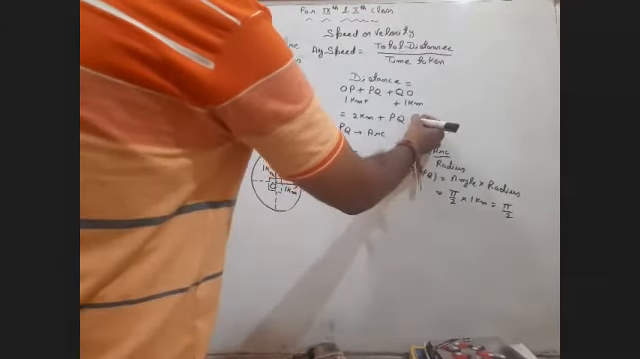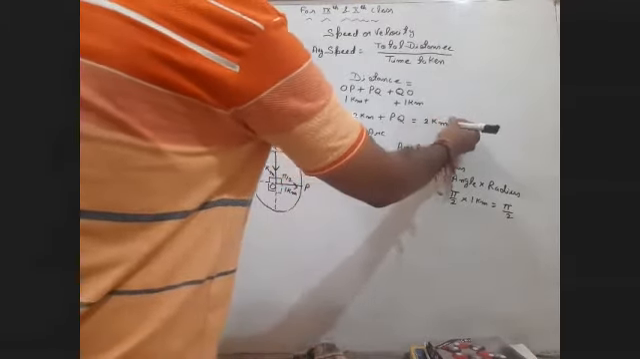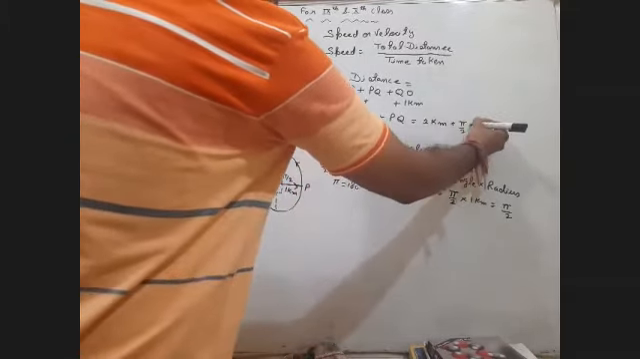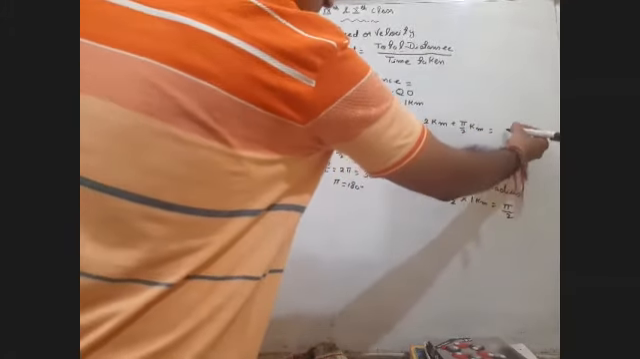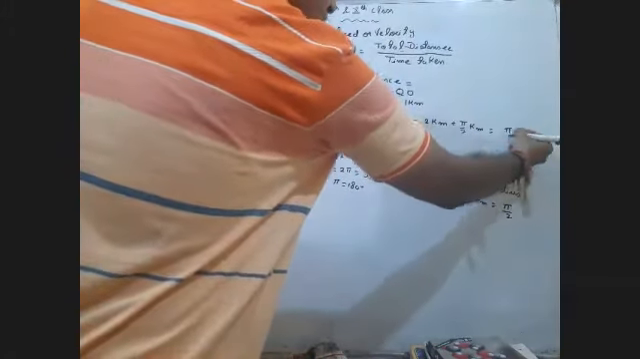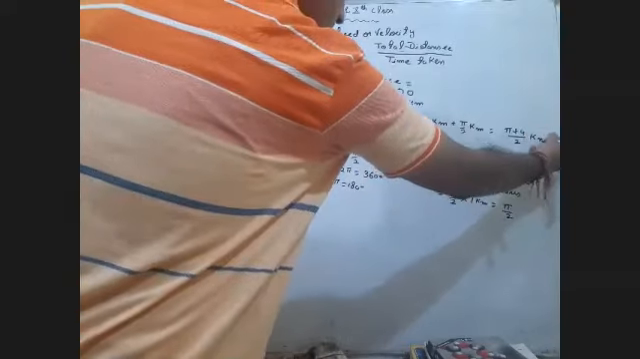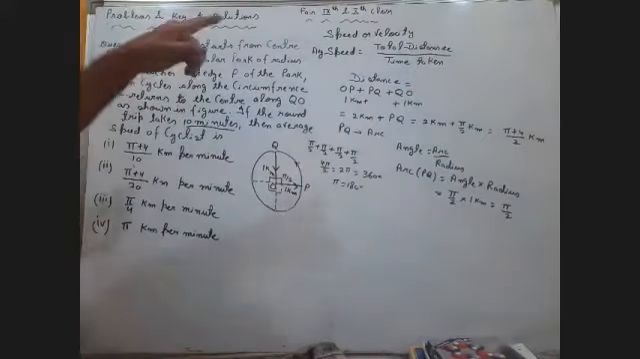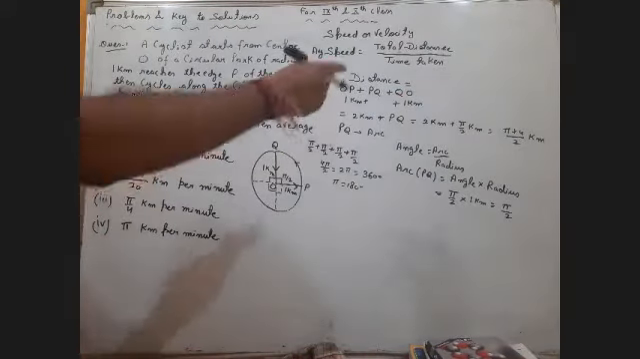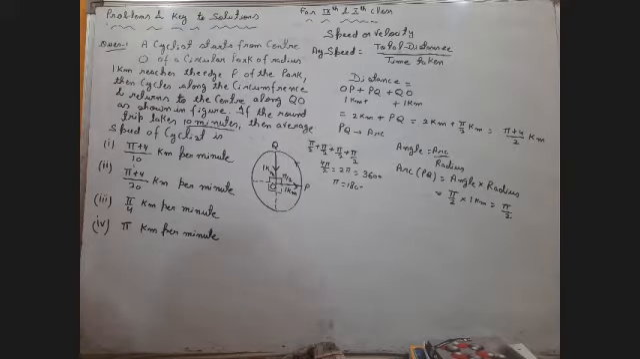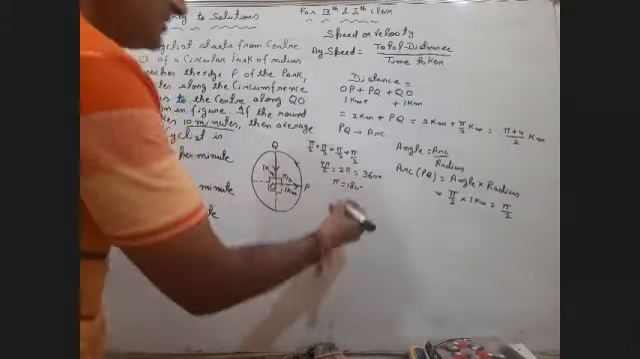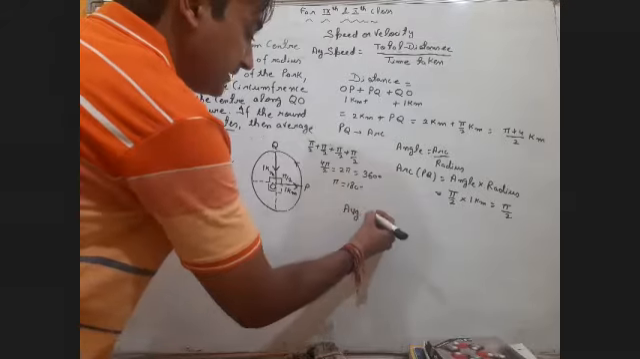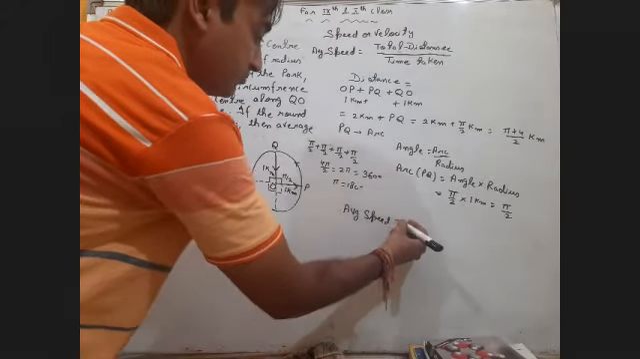The total distance is equal to 2 kilometer plus pi by 2 kilometer. Solving it by taking the LCM, we get pi plus 4 by 2 kilometer. So the distance we have calculated is pi plus 4 by 2 kilometer. Then what is speed? Average speed is equal to distance